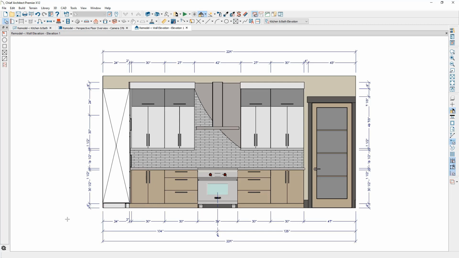Sometimes I will use a crossbox CAD tool and come over and draw a crossbox over something like that so that it cleans it up a little bit. This is a style preference. That CAD box, if your kitchen changes, won't dynamically change if you were to resize a cabinet.